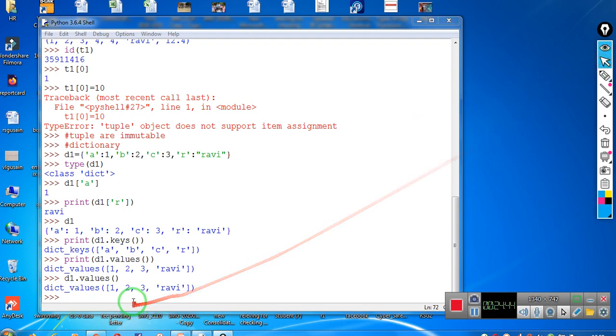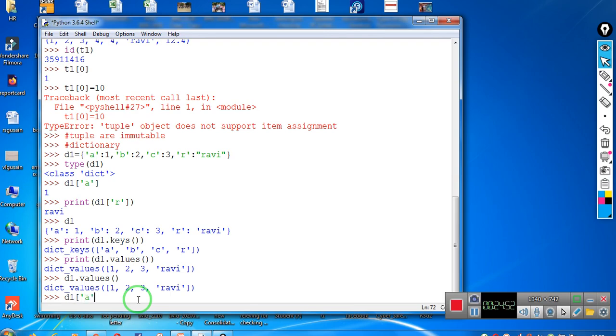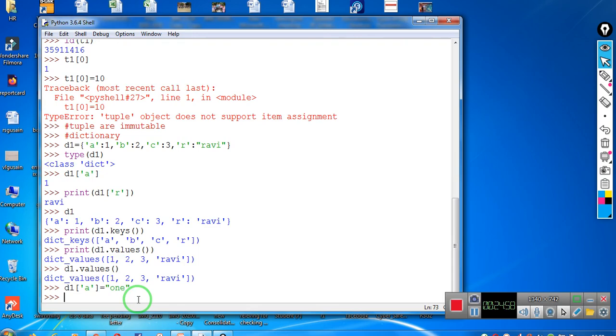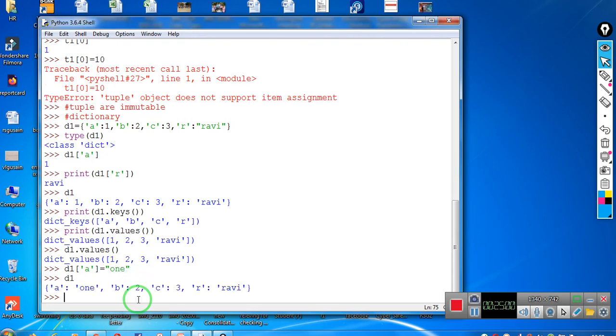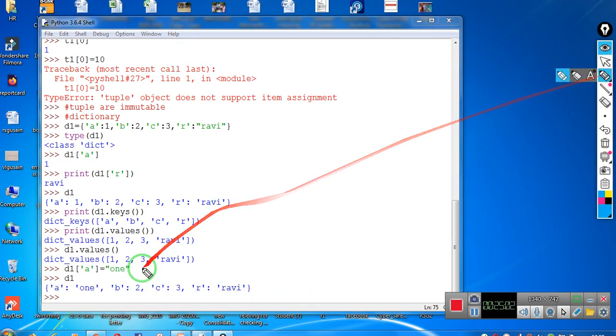Suppose I want to change the value of key A, so I can give the command D1['A'] equal to one. So when I give the command D1, now see what's happening over here. I have changed the value of the key A from the integer one to one. This way you can change the values of other keys also.